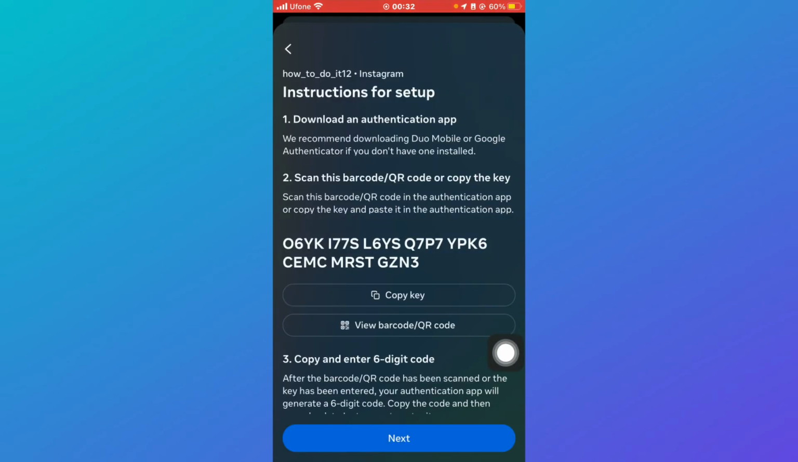Once you've clicked on next, they'll ask you to download an authentication app. So you can either download Duo Mobile or Google Authenticator if you don't have it already installed. So for that, go to your app store and search for Duo Mobile and download that on your phone and